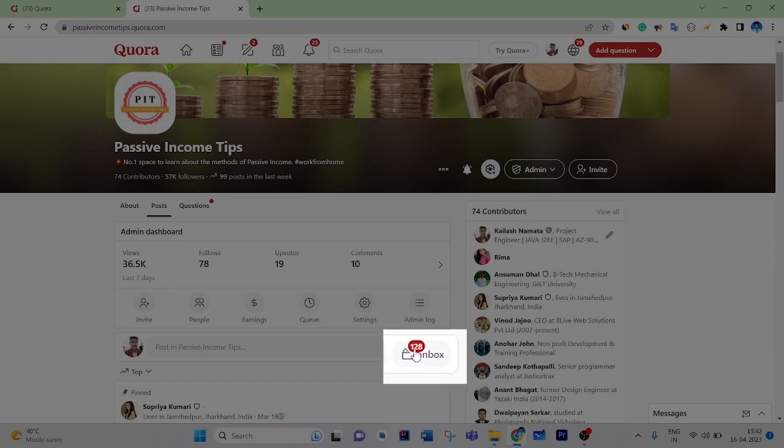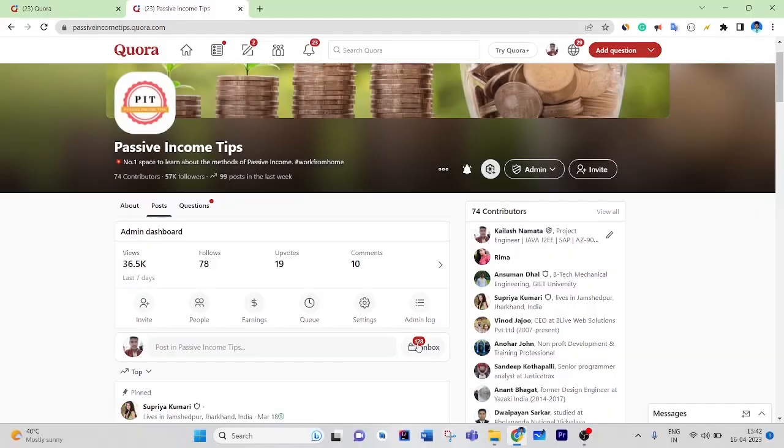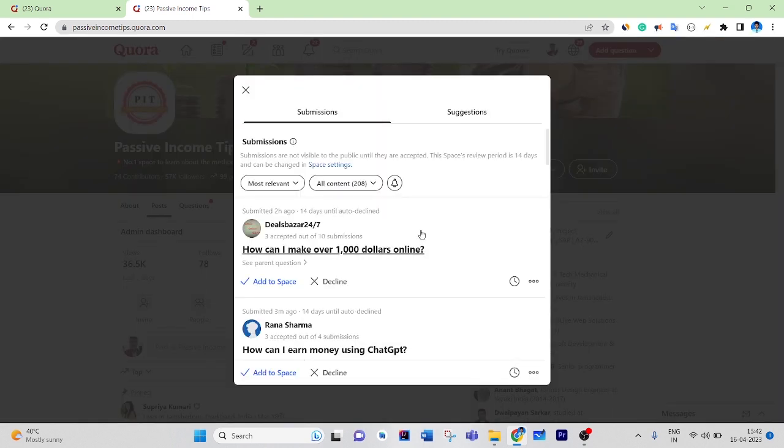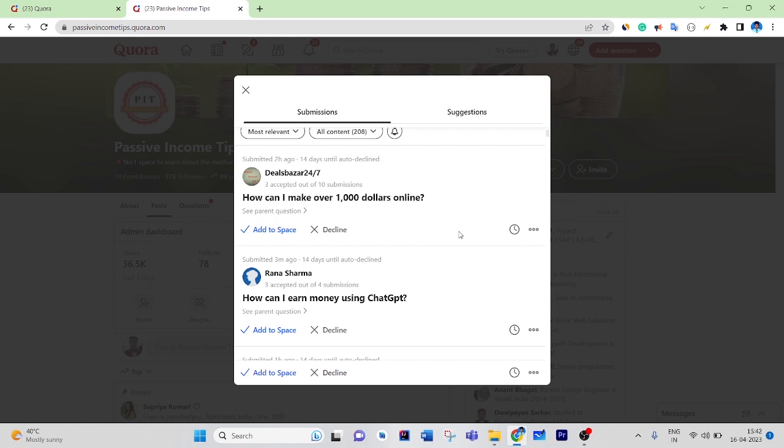That means my followers and contributors, those who want to post their content in my space, submit their posts. As an admin you have to approve them. If you want to publish their post in your space, then you click on add to space, or you can simply decline. Or you can queue these posts, and they will automatically be published in your space after a particular time interval.